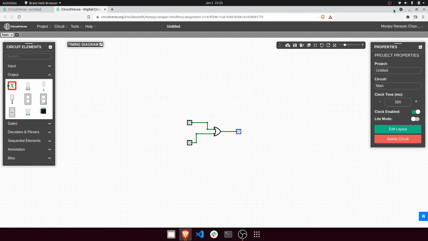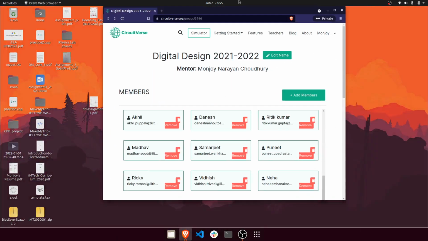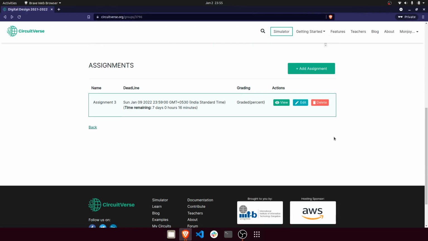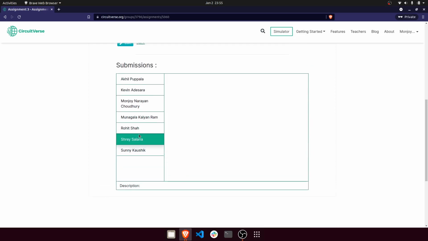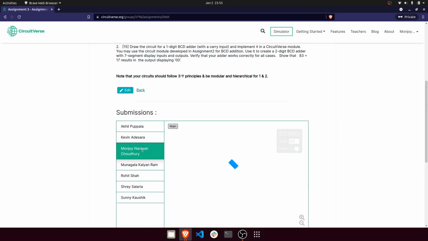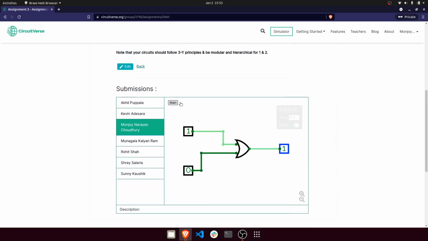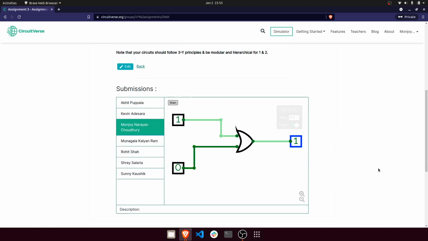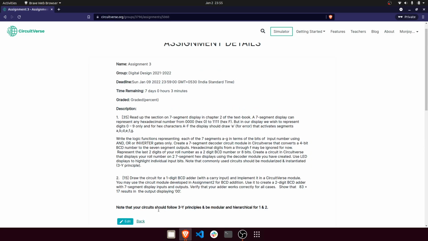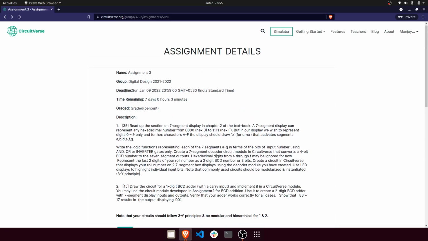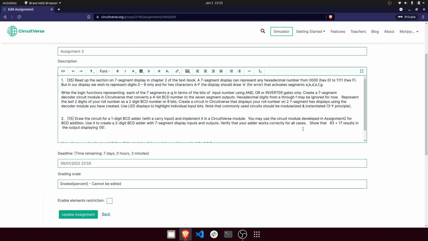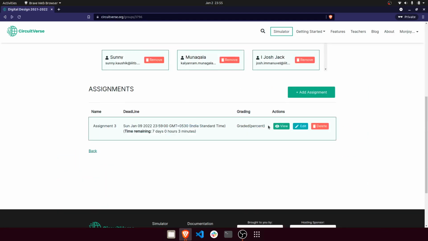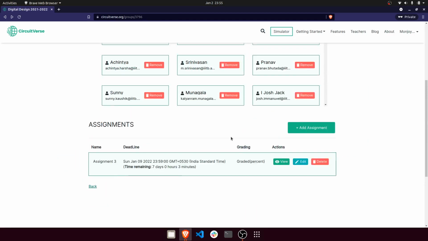Yeah. So now, why you need to do this is that when I go as a teaching assistant or a professor to check your assignments, we'll click on view here, and we can see people here, like whether there are submissions. I can already see some of your names here. My name is also there because I made a new window here. See, I can see the submissions here. If you make more circuits, it will show up here, so I can see and grade you. Fine. So I think this should be pretty much it. Okay. So these are my own options here, so I can view your assignments and grade them now.